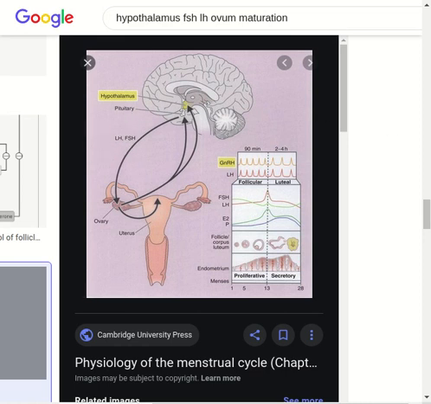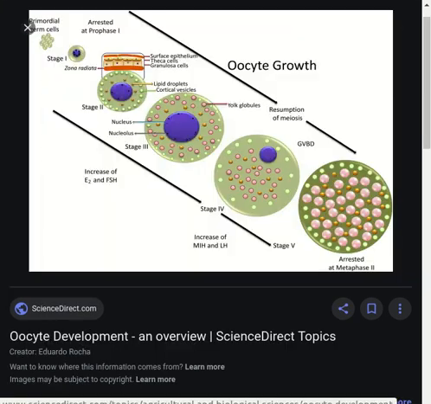Around these follicles, this is just for you to know, this is not that important. LH is acting on the thecal cells. These thecal cells are taking cholesterol and converting it into androgens. Then these androgens move into the granulosa cells and get converted into estrogen. This is quite a complicated process, but what we need to know is